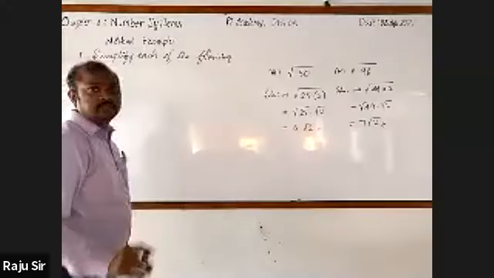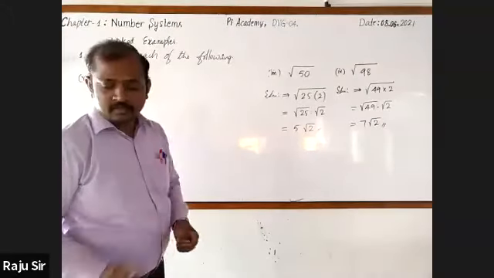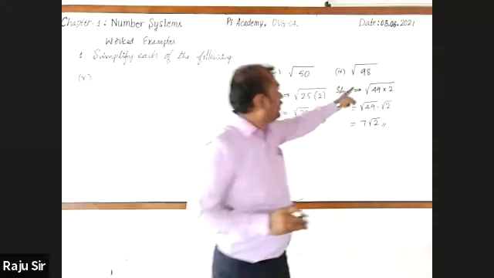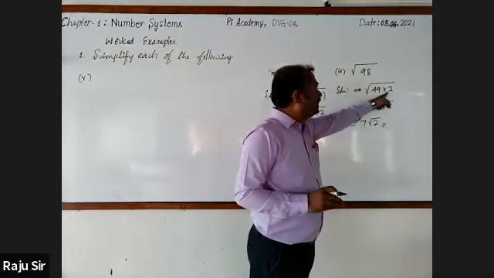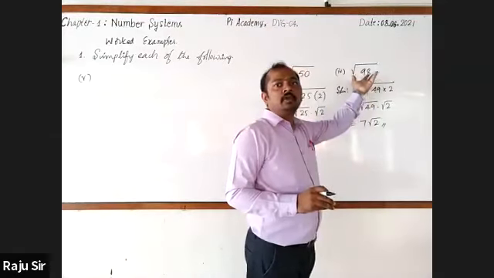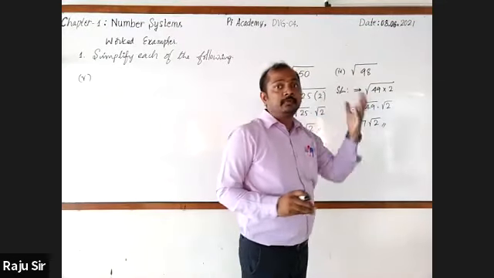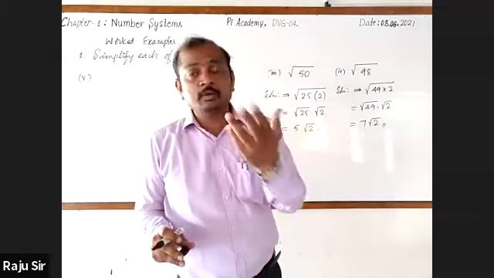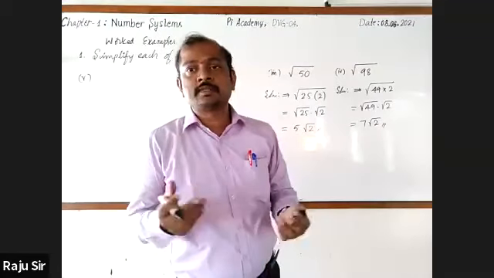Next. Sir, we can write the square root of 100 minus 2. Who is that? Akshay. Akshay, our intention is to simplify this. If you write 98 as 49 into 2, we have the perfect square 49. You can take 49 out of the root. But if you write 100 minus 2, how do you take it out? It's not possible.